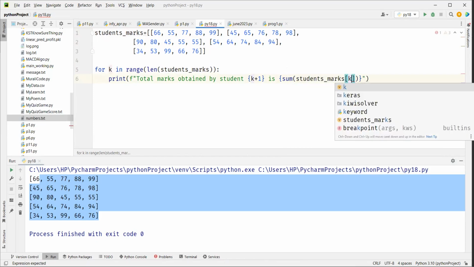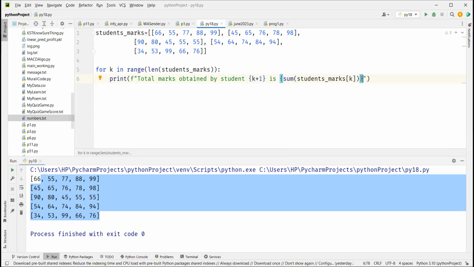So now we're learning the sum function. If you apply the sum function, it will perform the sum of the values in that list. And now I need to find the average. Okay, so the total marks of student 1 is this, and the average